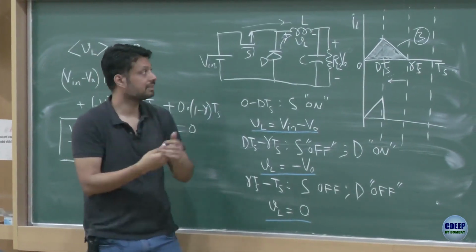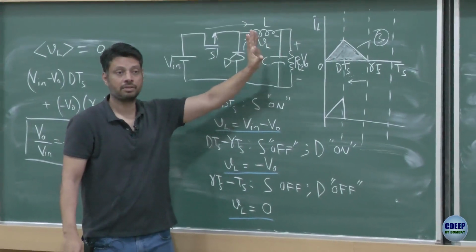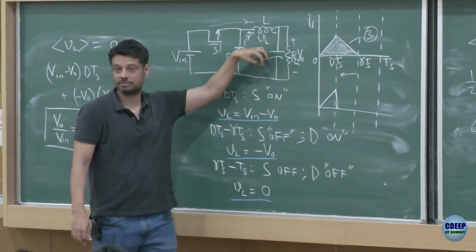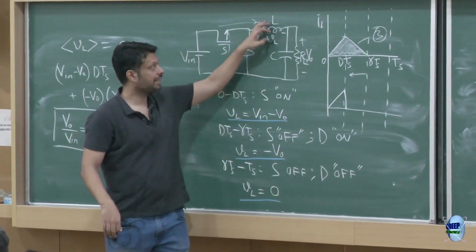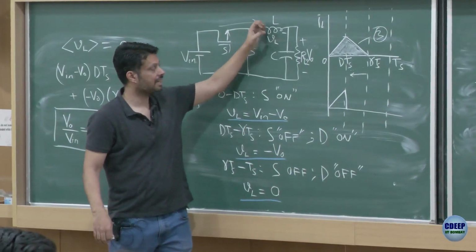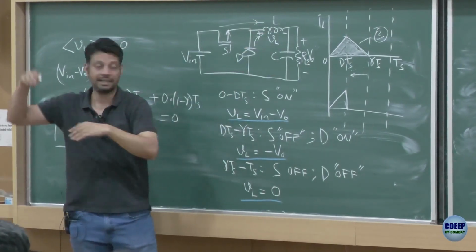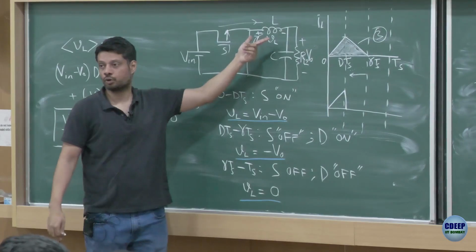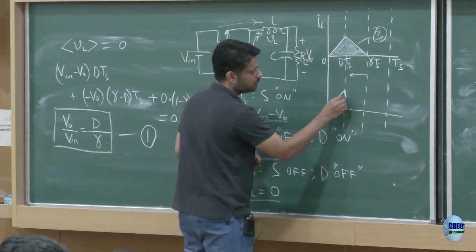So what will happen is, there is an average current here, this average suddenly you have removed. So now this average current will increase the average value of the capacitor voltage for some time, it will be a transient phenomenon, right. So this average DC current will flow into the capacitor, and the voltage will keep on rising, right. If this voltage rises, when the switch is on, what happens to the slope? The slope will reduce. So the slope will keep reducing,